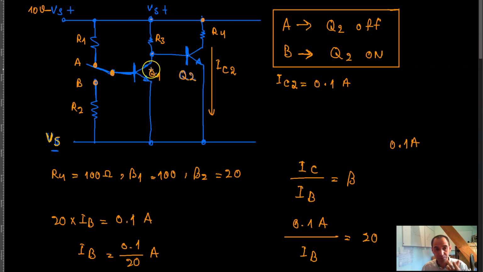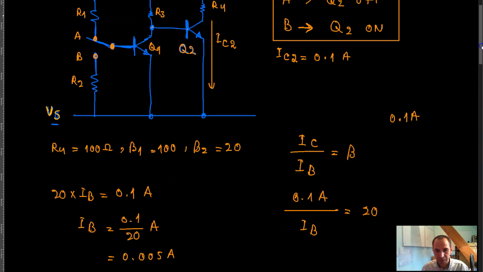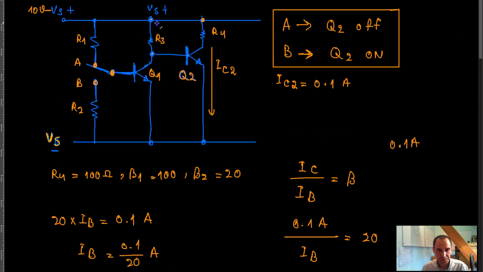But since I have to make compromises, and I cannot keep changing this resistor all the time, I have to settle with one single resistor. I have to choose this resistor in such a way that this current becomes 5 milliamp, right? So how can I get this current to be 5 milliamp? That means that the current that flows from this node, whether it goes this way or goes that way, doesn't really matter. But at the end of the day, the current that goes over here,